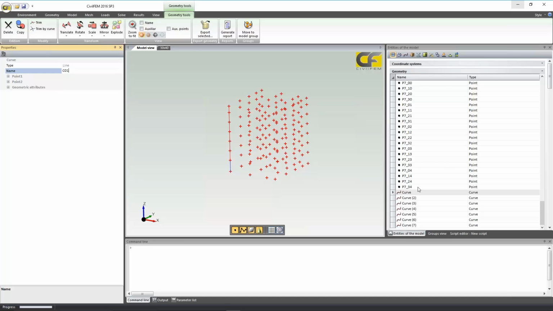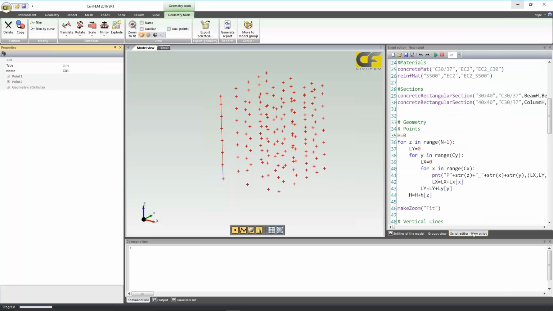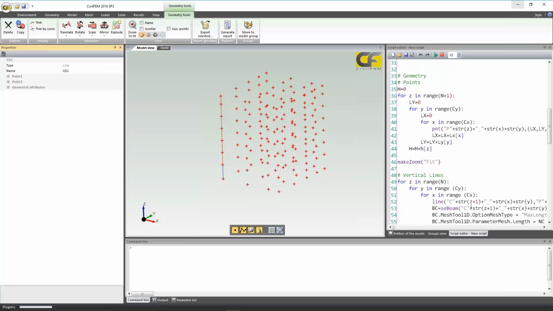We have to change them as well, but in this case it will be easier, as we already know the names of the points, and following a mnemotechnic rule, we can set the different